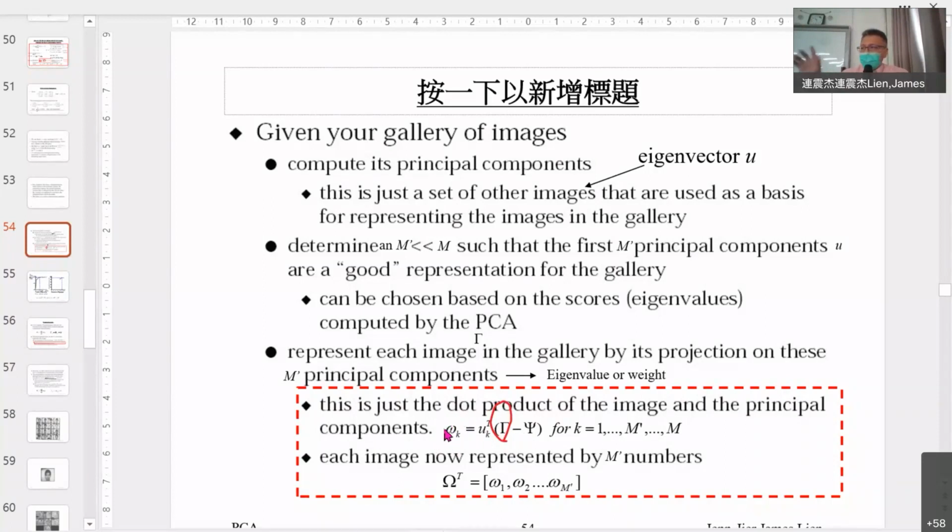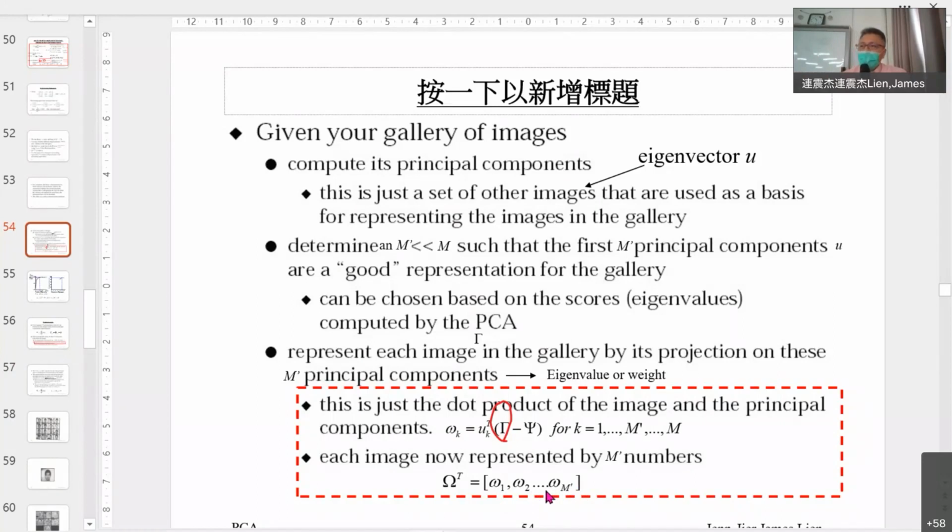So suppose you have 16 images, so your projection weight is 16. 你有16张影像，你 project 到这个空间就变成16个值。因为你有16张影像会产生16张 eigenvectors，那每个 eigenvector 就是一张影像，那你把它 project 下去就16个值。